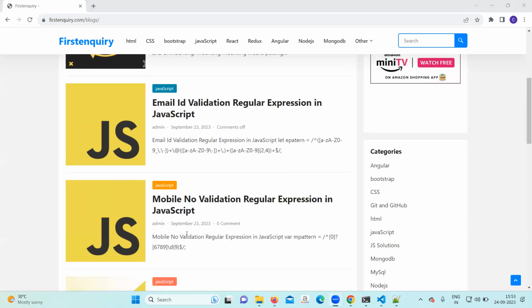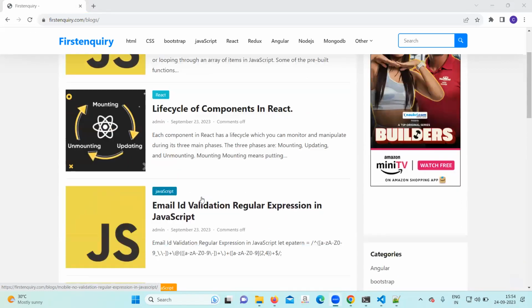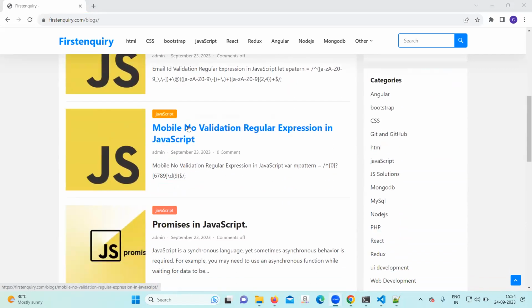We require this too. Go to this mobile number validation